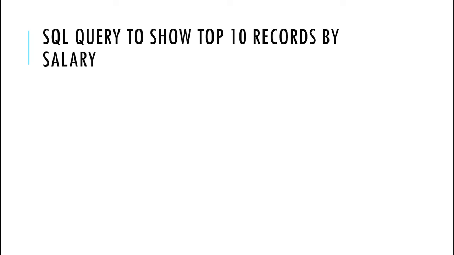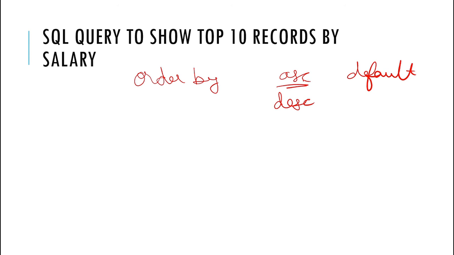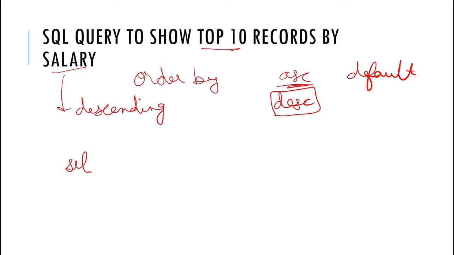Now we need to find the top 10 records by salary. For this, we will be using order by. With order by, we can use ascending and descending. Ascending ordering is the default, so we don't have to specify the ascending keyword. We use the descending keyword whenever we want to order in descending order. So for the top 10 records by salary, the ordering should be in descending manner. So the query will be like select star from employee,